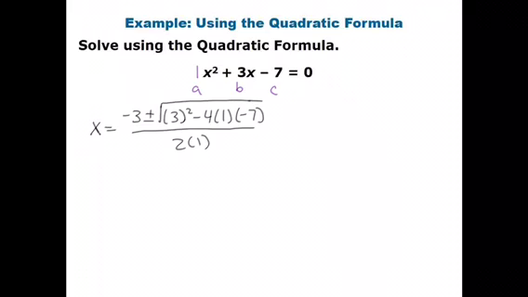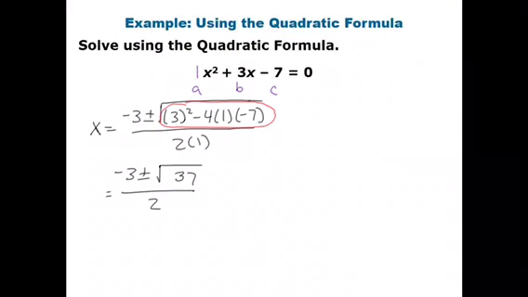Well, we can evaluate what's underneath the square root first. So we're going to multiply all this together. If we use our calculator in our parentheses, we should be okay. And we'll get negative 3 plus or minus the square root of 37 divided by 2. This is the first time we're dealing with a number underneath our square root that's not a